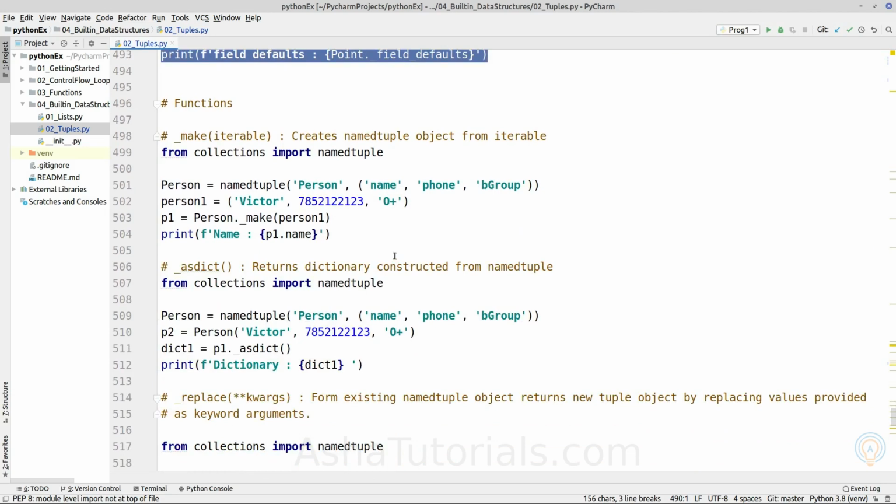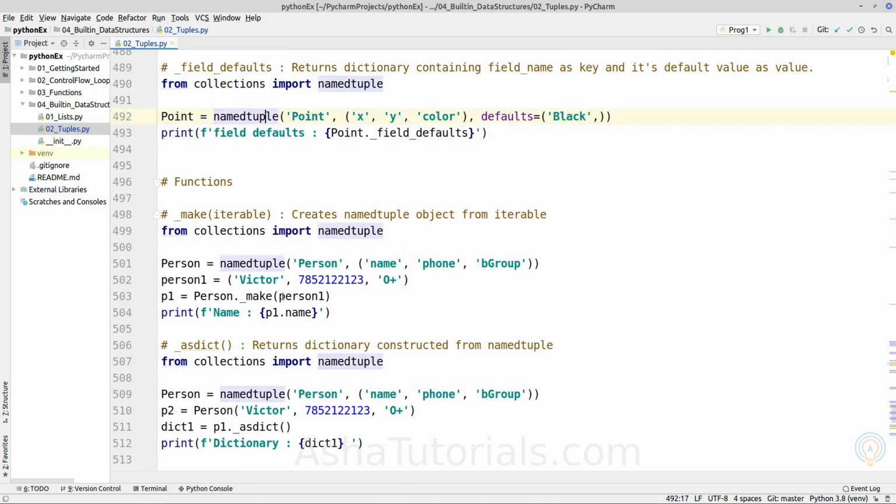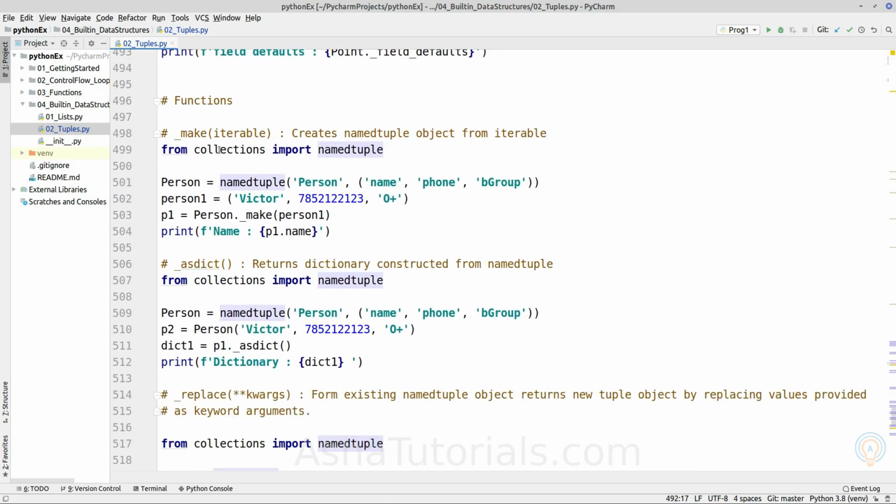Next are the functions of a namedtuple class created by the constructor. First is _make. It takes an iterable as an argument and returns a namedtuple object from the given iterable's elements.